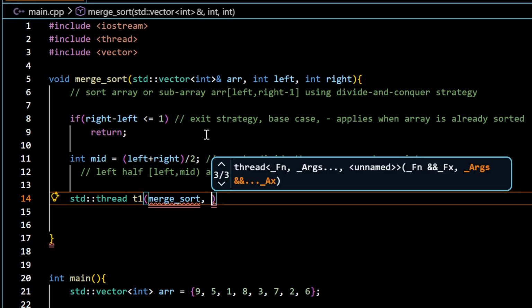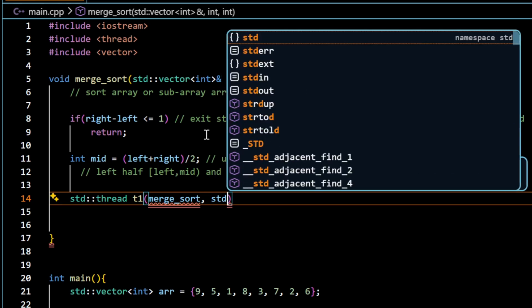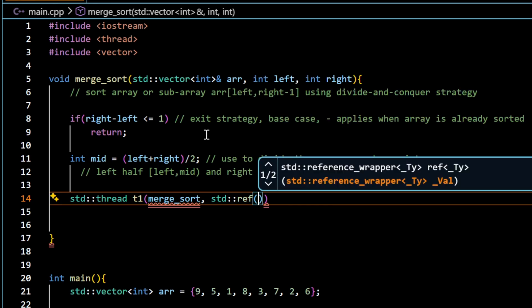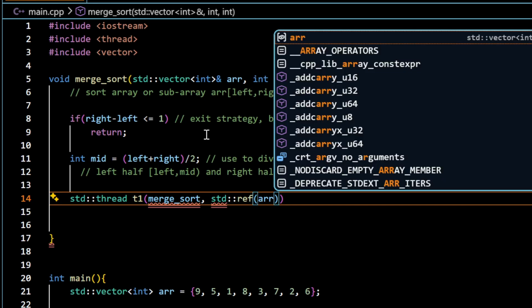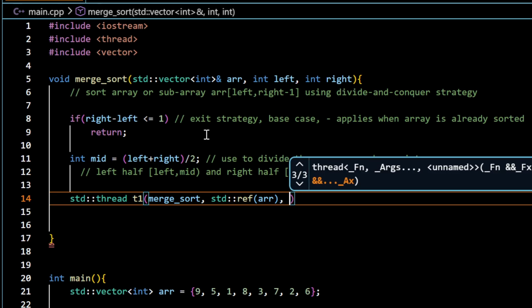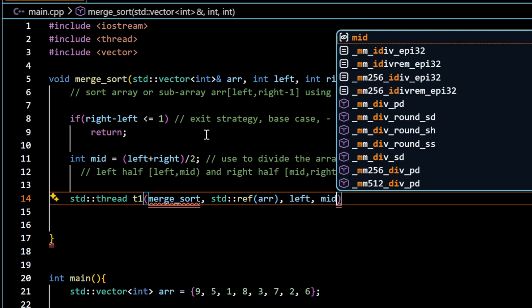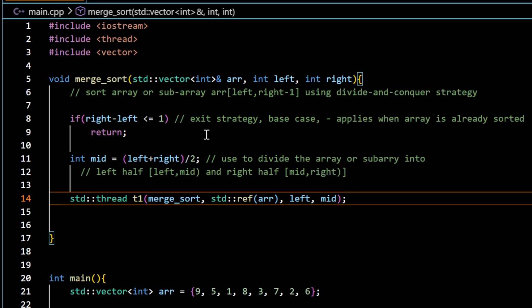In this case we want the change made by the call invocation to reflect in this scope, so we want to pass a reference of arr. You need to explicitly pass it as a reference when you are creating the thread, and then we're passing left and mid in the first case, and this will sort